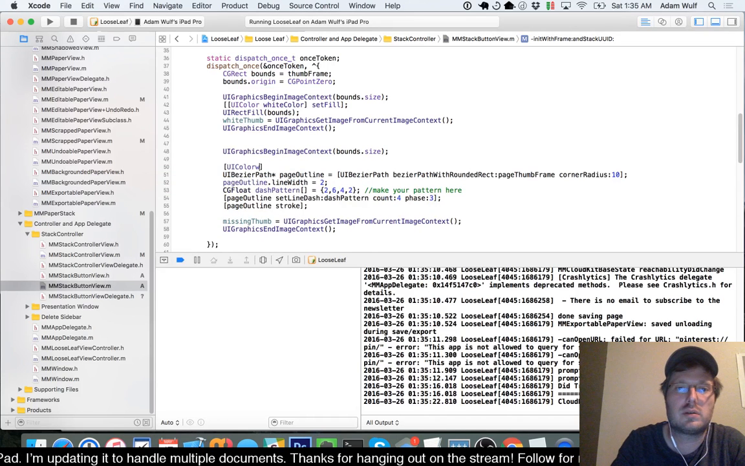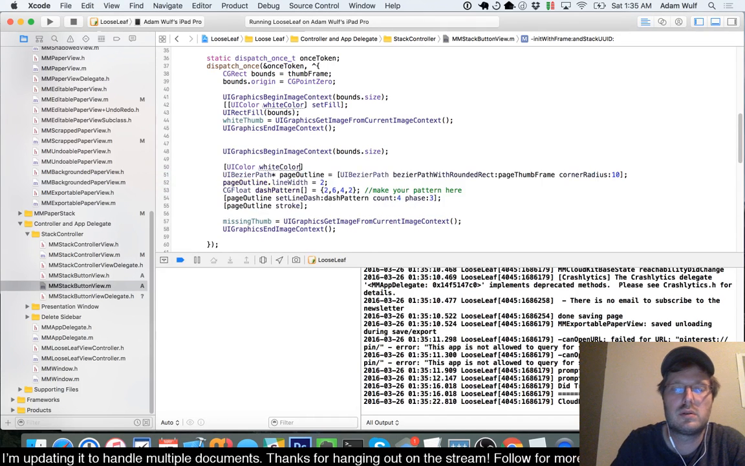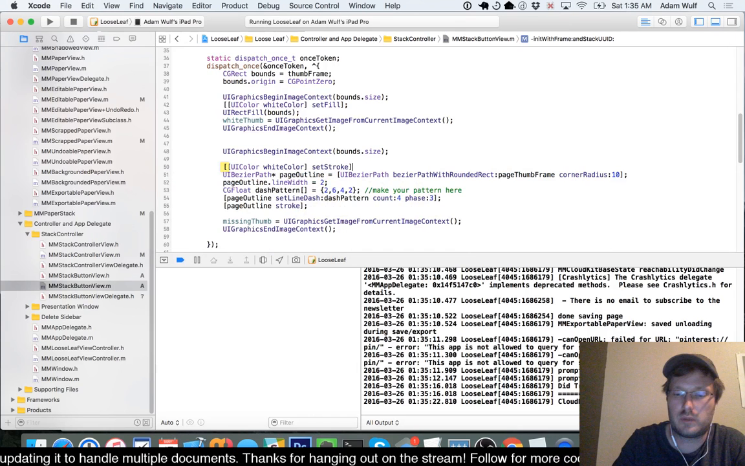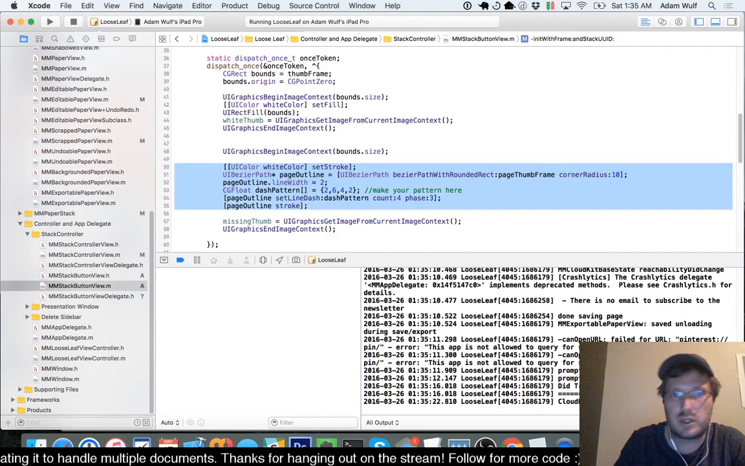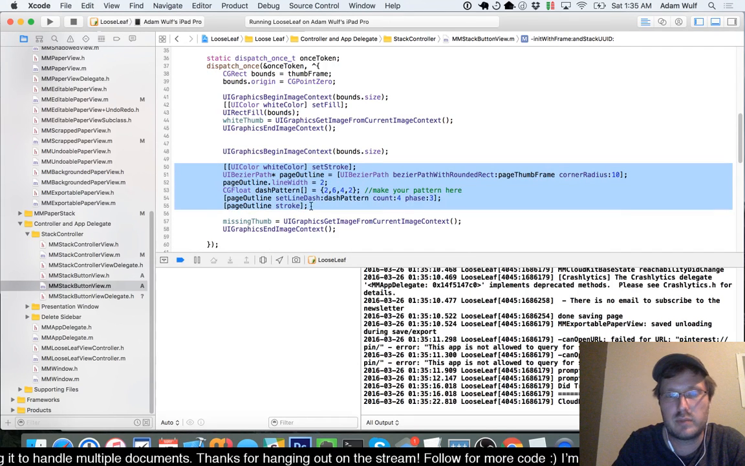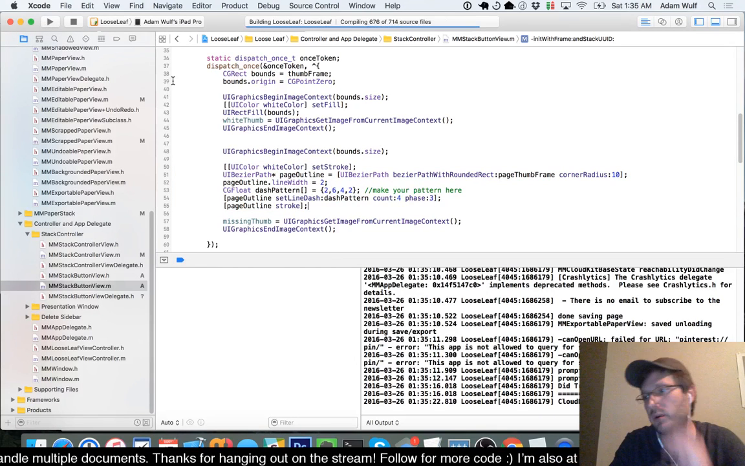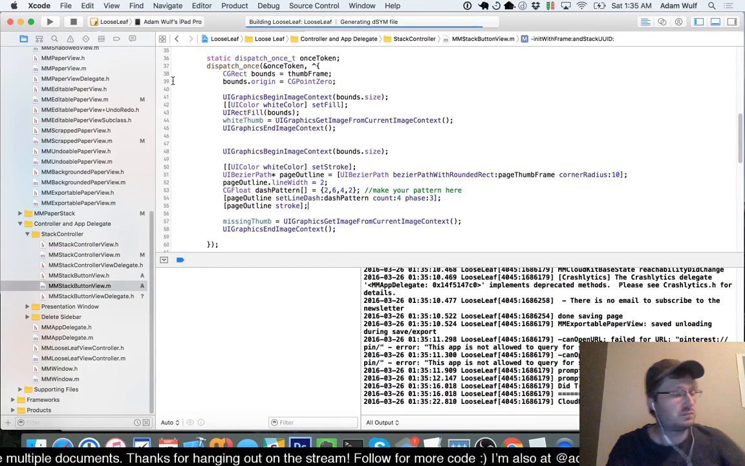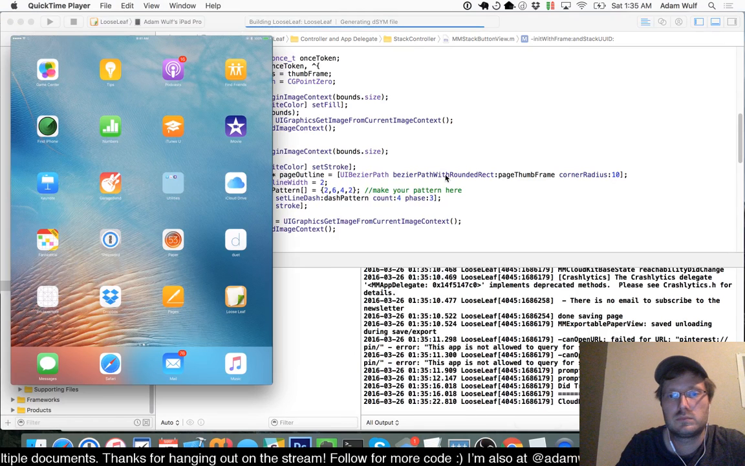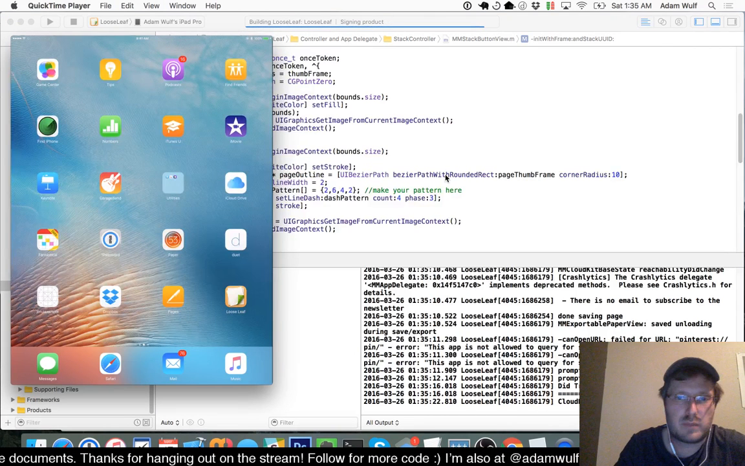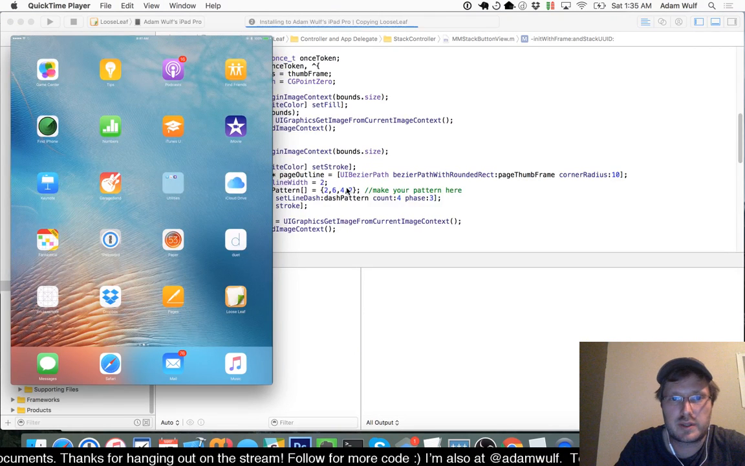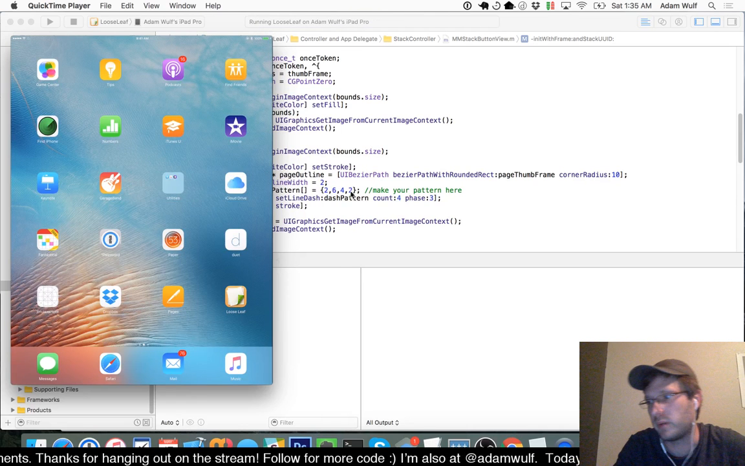White color. Set stroke. There we go. So now we should have an outline for the blank pages. I think that would look okay. Hopefully that looks moderately okay. I have no idea what this dash pattern stuff did. I did at one point, but